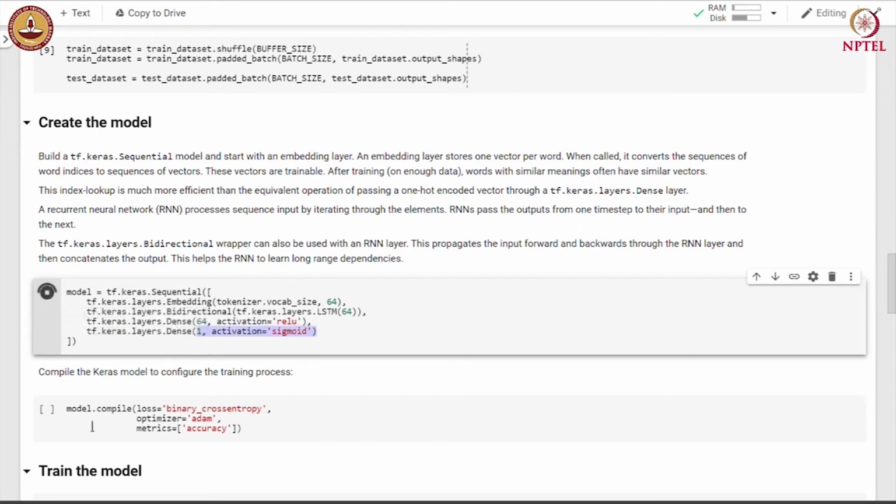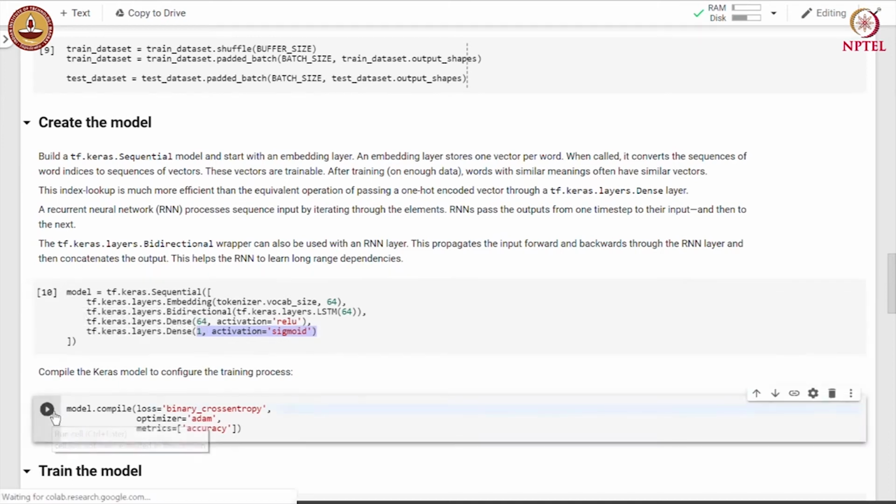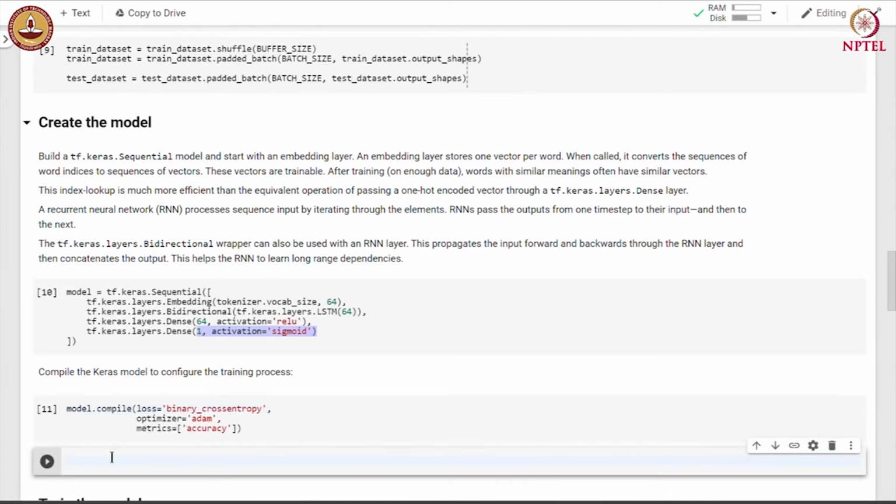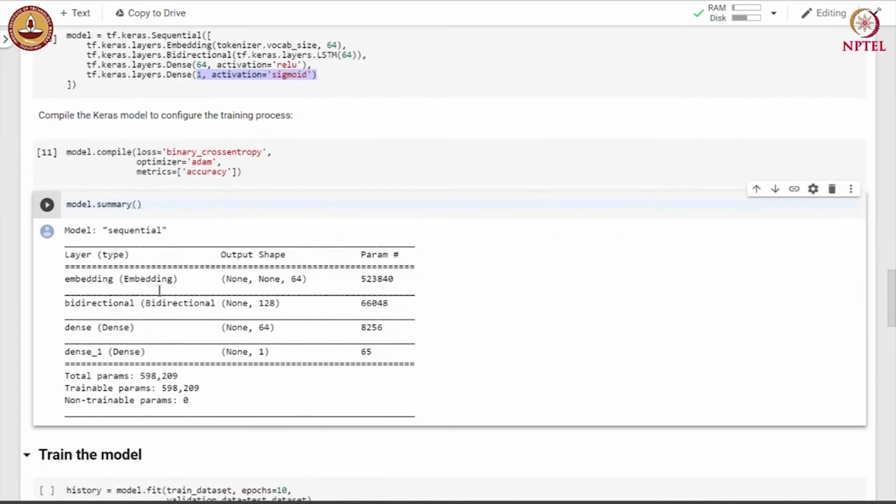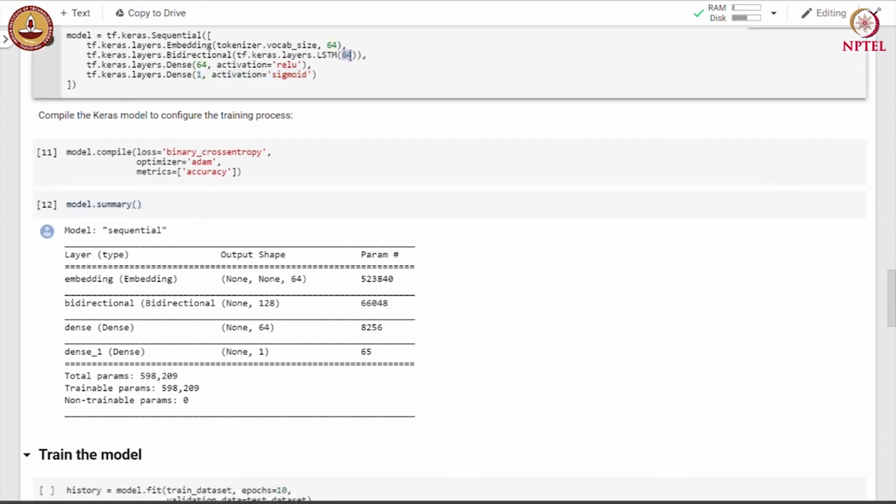Let us define the model, compile it and look at model summary. So, you can see that embedding outputs 64 numbers and the bidirectional LSTM outputs 64 numbers for each direction, forward 64, backward 64.